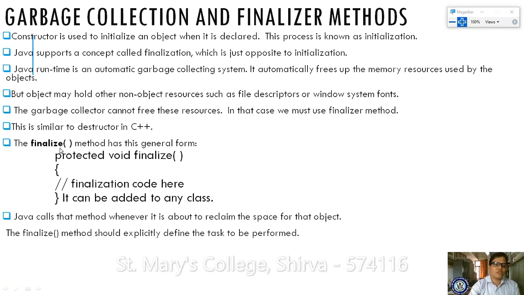Now we will see the finalize method in its general syntax: protected void finalize. Here protected is the modifier, as you are familiar with public, private and protected. Here we define it as protected. Protected means it can be accessed by its own class and the friends of this class. That is the visibility of finalize. If you use this finalize method, you are explicitly clearing the object.